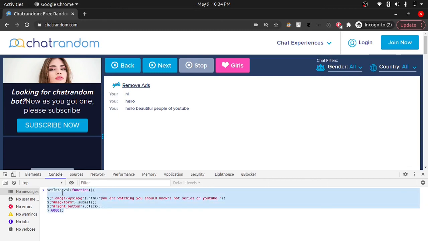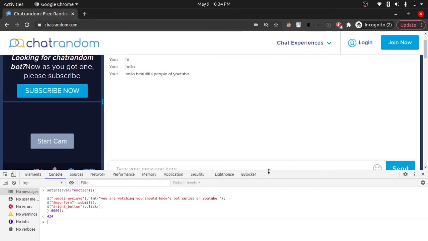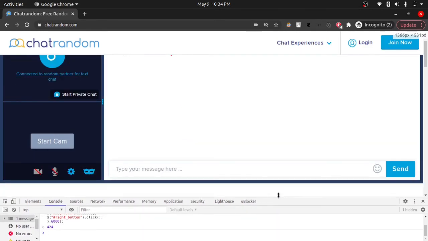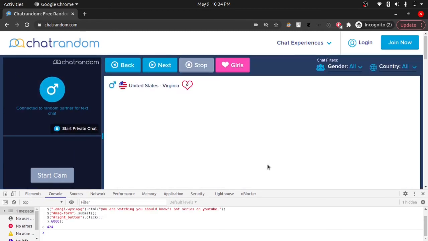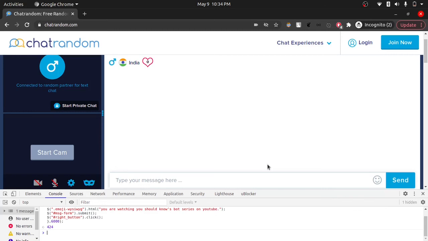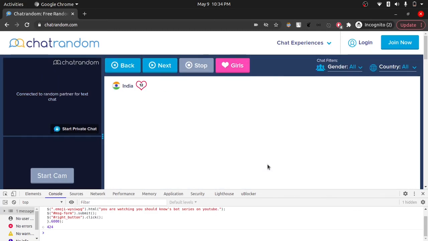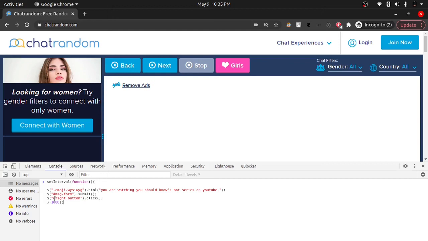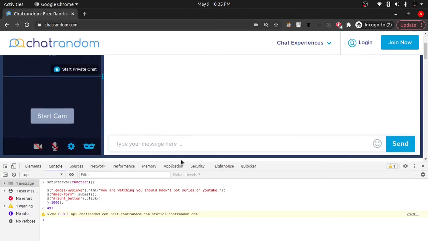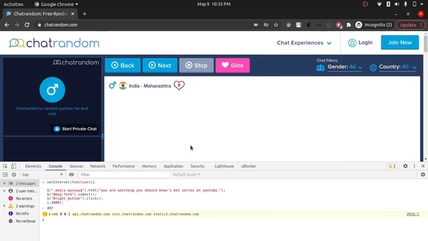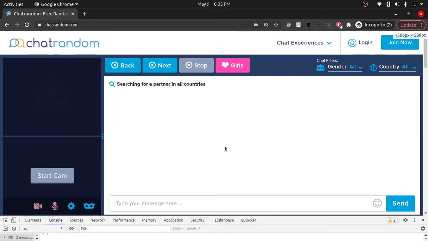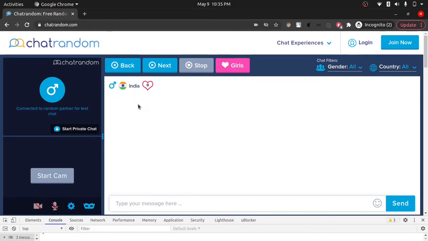You can control A and enter and see how this bot is performing. We have to calibrate the second number of seconds so that we can send message on the right time. So as you can see that, yeah, here you can see that this is now sending the message and then disconnecting, sending the message and then disconnecting, right?